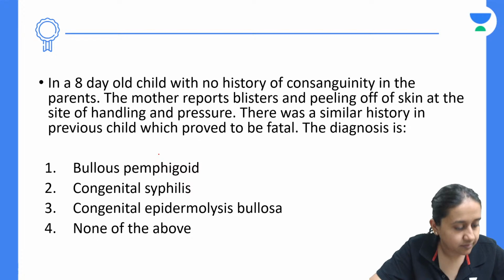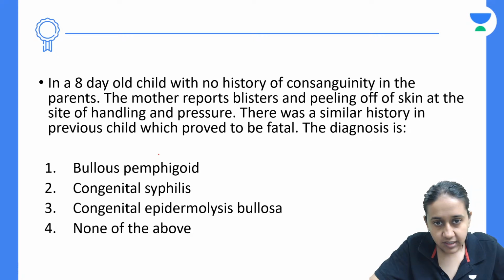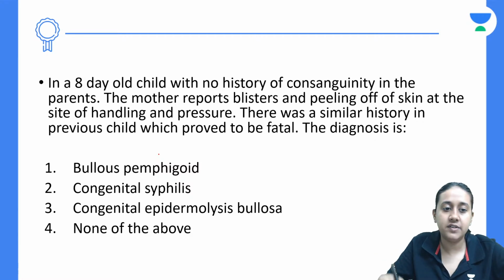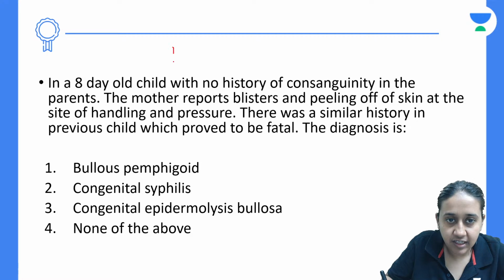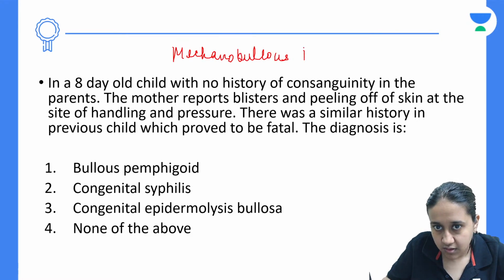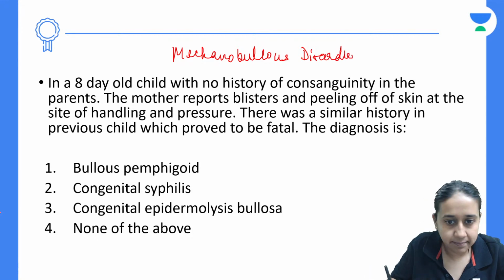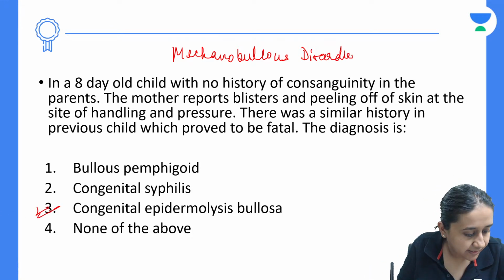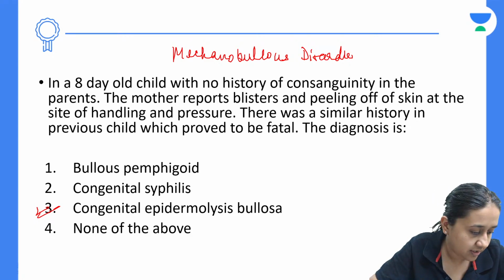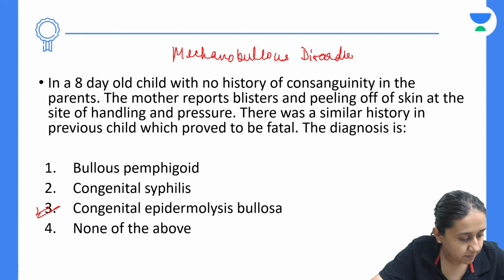What is the correct answer here? We have a young boy of 8 days with no history of consanguinity. Mother reports blisters and peeling off of the skin at the handling site. Very nice. It is a mechanobullous disorder which is known as epidermolysis bullosa. Three types: epidermolysis bullosa simplex, junctional, and dystrophica. Okay, so very important